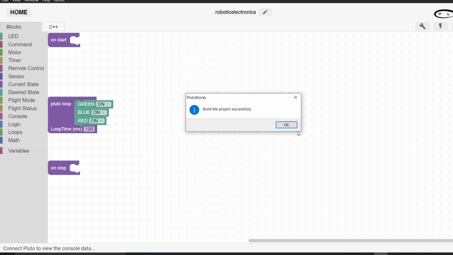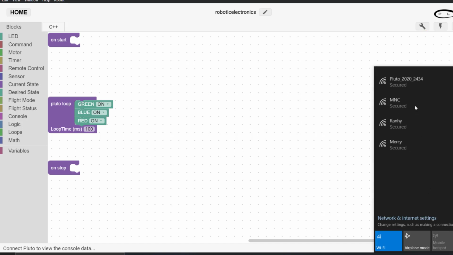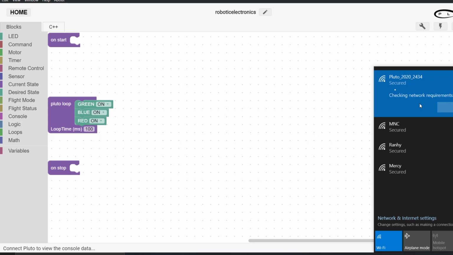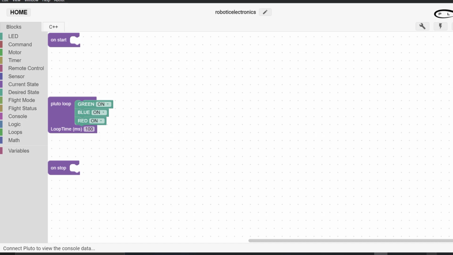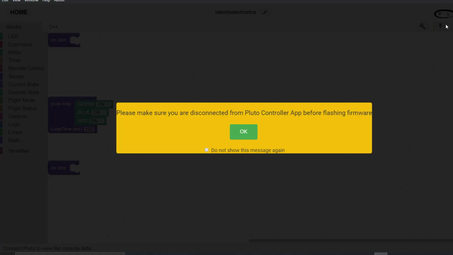We can upload it wirelessly. So we need to connect to the Pluto's Wi-Fi. Here you can see the Pluto Wi-Fi, and we can connect to that. After successful connection to the Pluto Wi-Fi, you need to flash this code into the Pluto's flight controller.